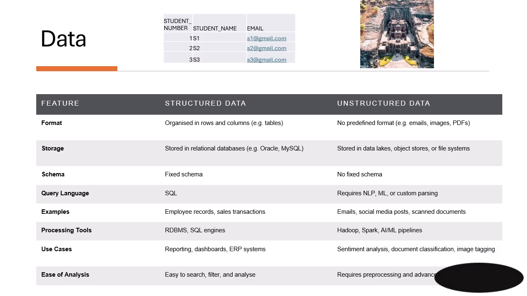Okay, let's discuss types of data. Broadly, we can say the data can be classified into two types. This one is structured data, and the second one is unstructured data. As you can see at the top, I put in the student details. The simple student details. You can add more columns there, but this is an example of structured data, where data can be put into tables with rows and columns.